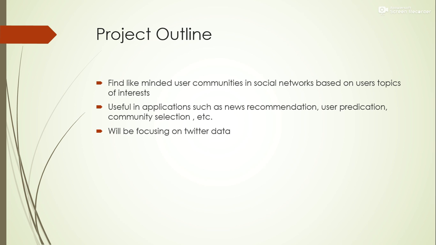We must determine like-minded user communities based on topics of interest over time intervals. This way, people interested in topics during the same time will be grouped together. The use of neural embeddings to do this is one of the goals as well. For this project, we will mainly be focusing on Twitter data, even though the concepts are applicable to other social media platforms as well. The reason Twitter data is chosen is because of the ease of accessibility of these datasets online.